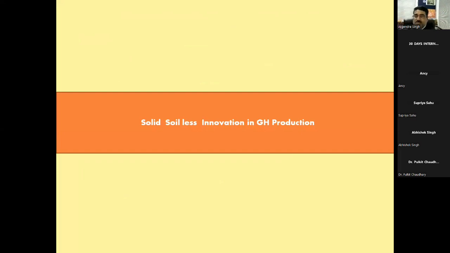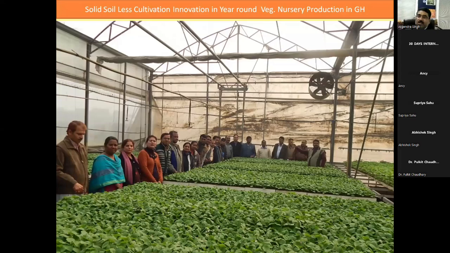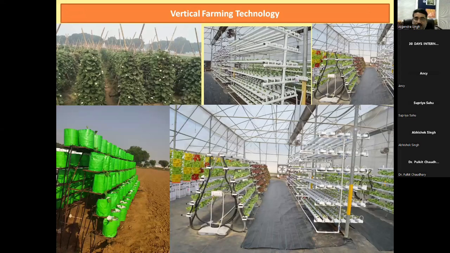So we can see here, this is a new concept, a new innovation nowadays under protected cultivation. Soilless cultivation, you can see here. Soilless cultivation is known as a hydroponic system, and the other names are vertical farming system, sensor-based system, IoT-based system. These are known as the hydroponic drip system under protected cultivation. So these are the soilless hydroponic system and vertical farming in protected cultivation.